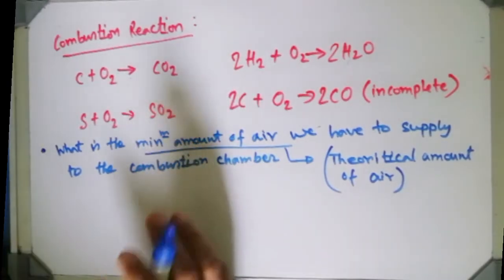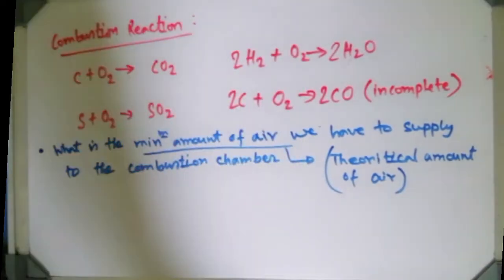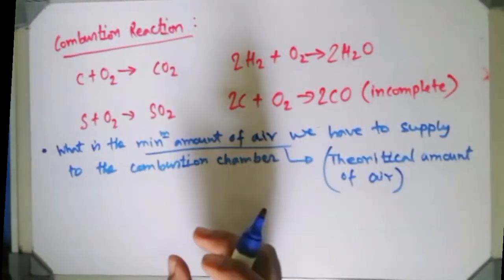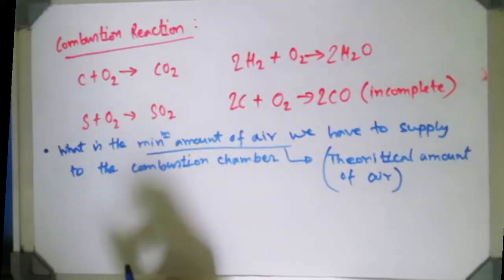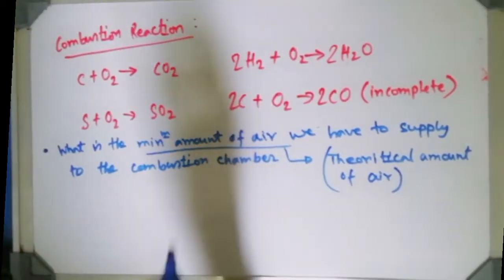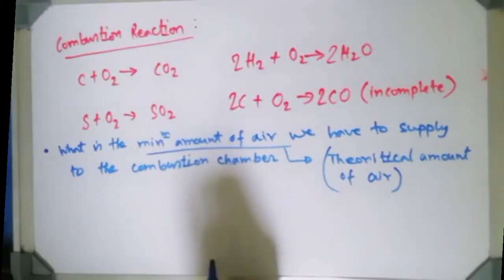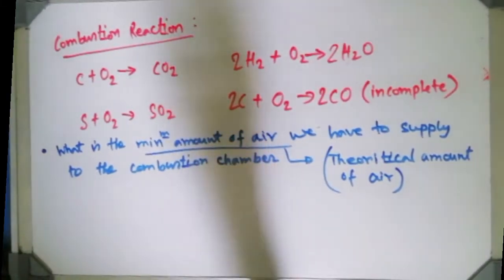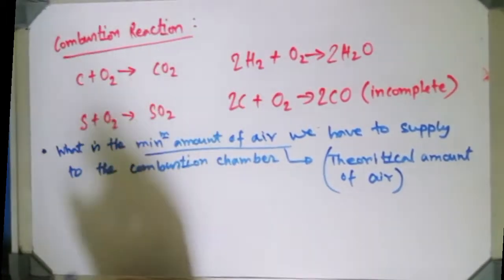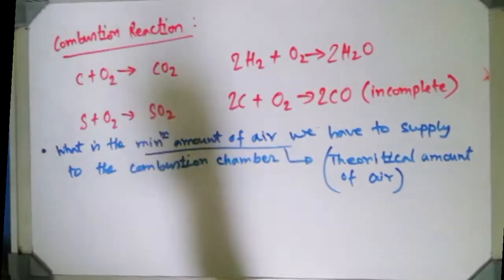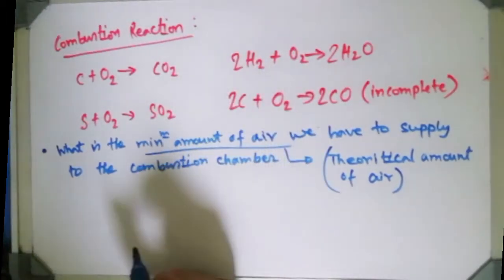Just to find that out, our flow chart or our procedure will be such: first we are going to find out, during this combustion reaction, what amount of oxygen we require. I am repeating my words. First we are going to find out, just for the sake of these combustion reactions, what amount of oxygen we require. After finding that oxygen amount, then we know what amount of oxygen is normally available to us in the atmospheric air.